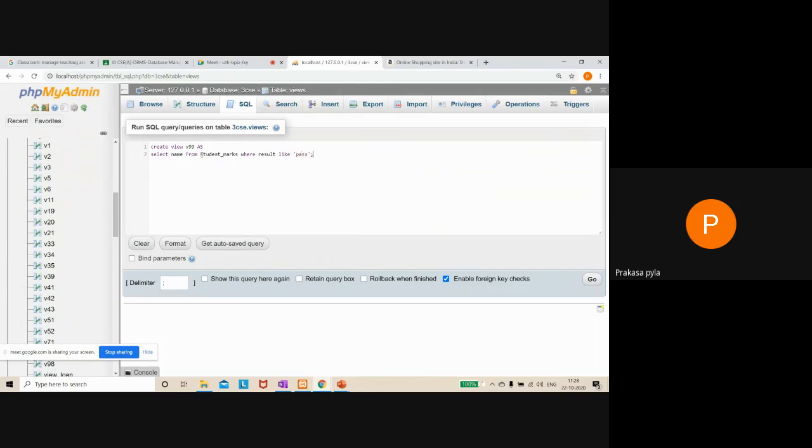I want to display all the student names from the table student_marks whose result is pass.